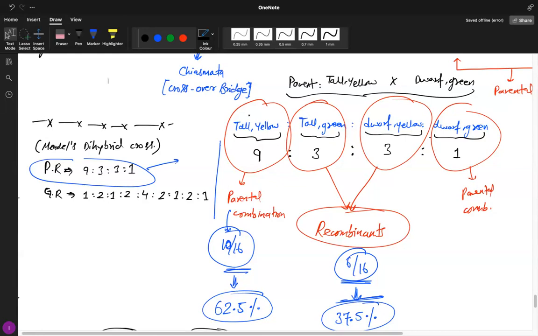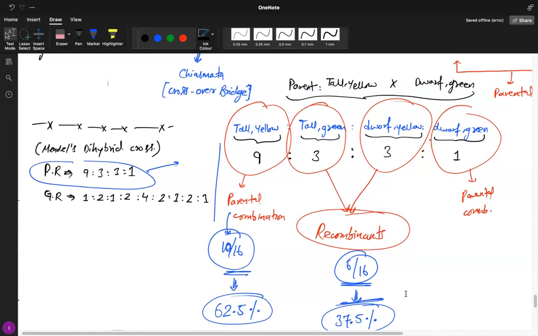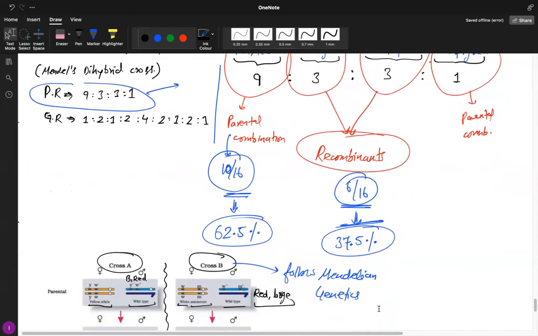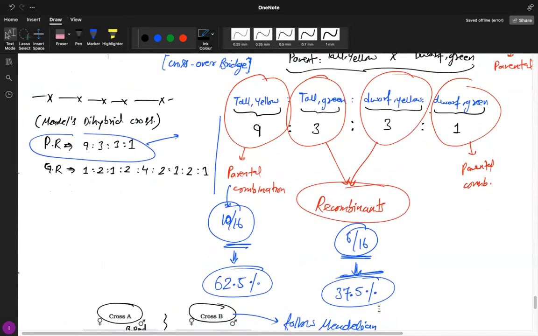Converted into percentage, it comes to 37.5%. So around 37% recombinants you should get in a normal dihybrid cross if the two genes follow Mendelian genetics. If you see any deviation from that